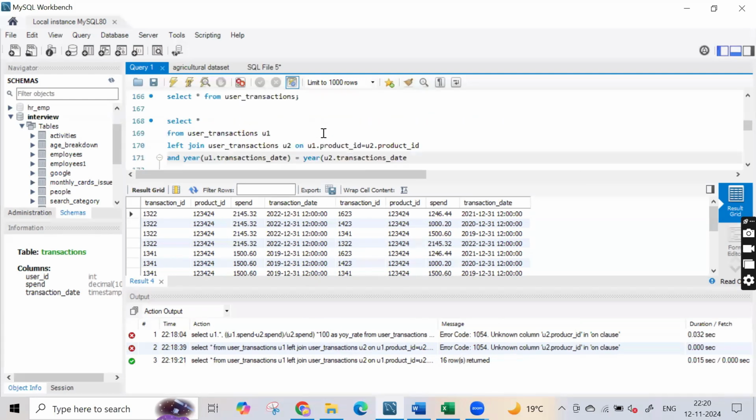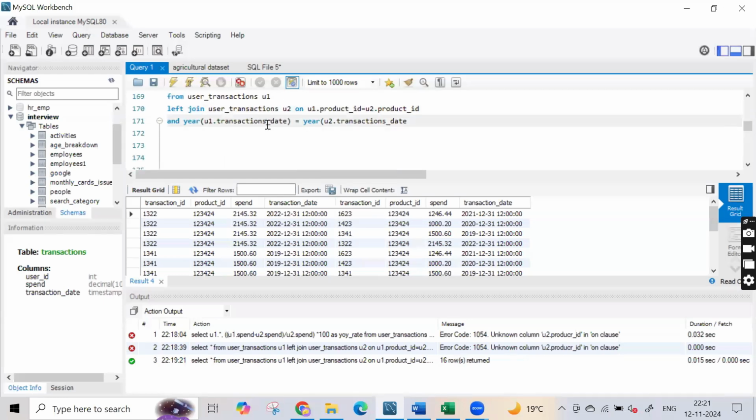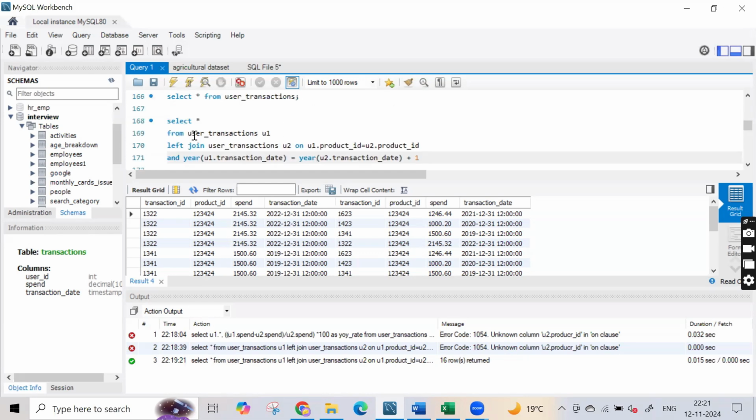Let me look, it's transaction date. These are some silly things which you have to keep in mind, otherwise your query won't work. This should be this transaction date plus 1, which means u1 transaction date minus u2 transaction date is equal to 1. This is what we were looking at, right? So if I run this now,